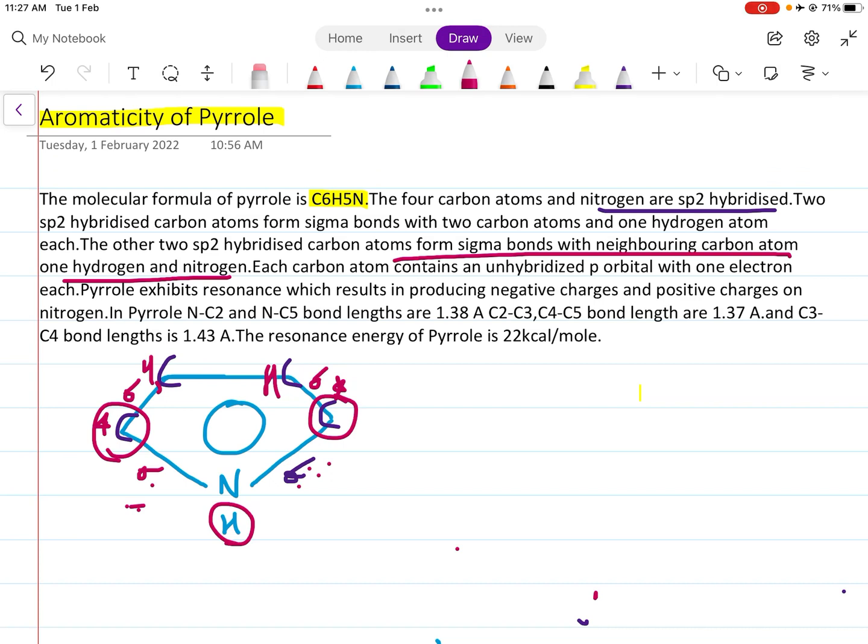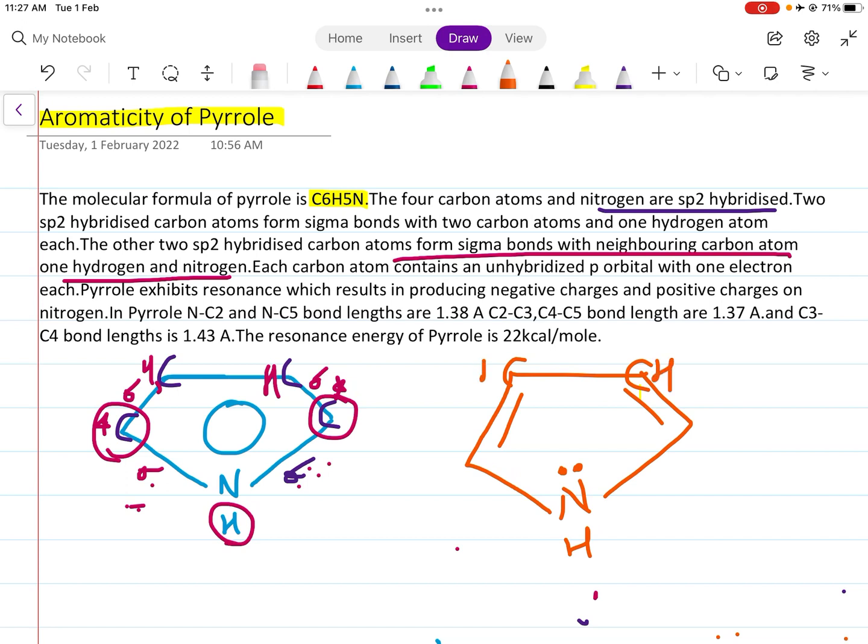Pyrrole exhibits resonance, which results in it producing a negative charge. So because pyrrole is exhibiting resonance, it has a negative charge inside it. So the pyrrole molecule will go like this when it is in the resonance form. So this carbon atom, this carbon atom, this carbon atom, this carbon atom,